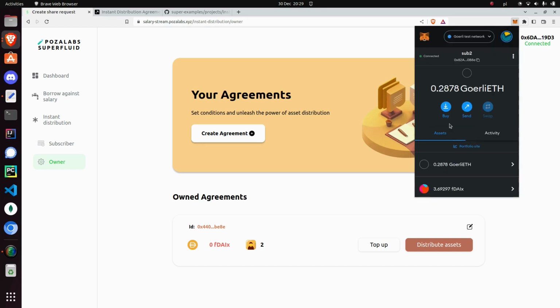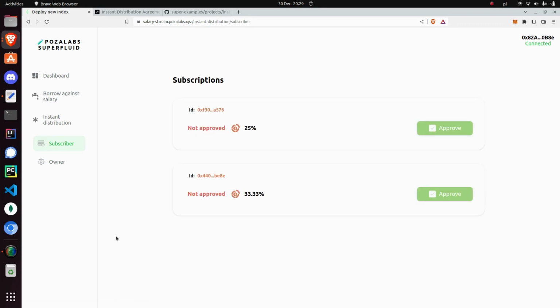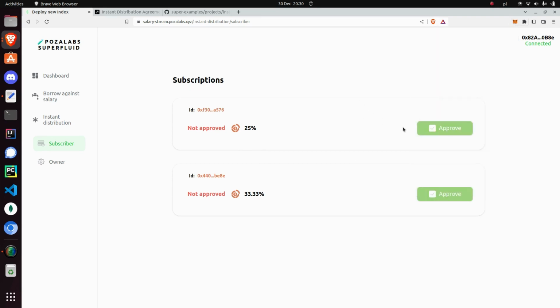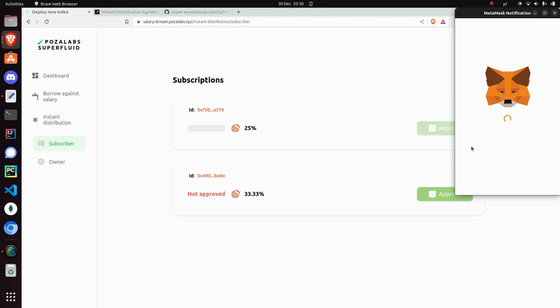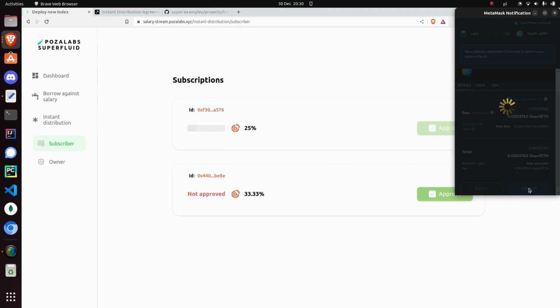And yes, indeed, let's connect with our dApp. And now you can see that he has also some two subscriptions, but none of them are approved. And if I now just show you the balance of this user, you can see that he has just some 3 DAI. But if I accept or approve this subscription, again, this is sorted from latest at the top, so I'm pretty confident that this is the one that we've created, also because he has 25% of it. And confirm the subscription,